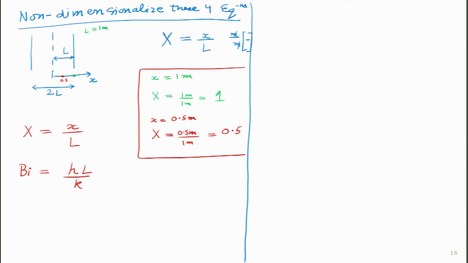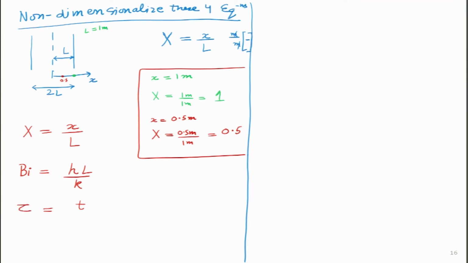The third thing I am going to do is non-dimensionalize time. Usually time is given in seconds. Over here we will non-dimensionalize it in terms of tau. What we are going to do is multiply by alpha, which is also a constant material property, divided by L squared, and interestingly this parameter is also given by this number, Fo. I will write it like this, and this is defined as the Fourier number. This is the same Fourier whose conduction law we studied in chapter 1, Fourier's law of conduction.